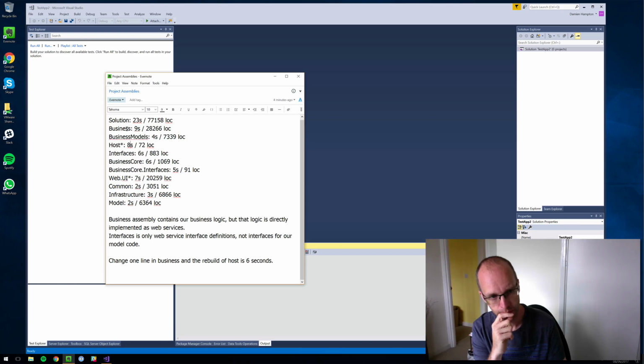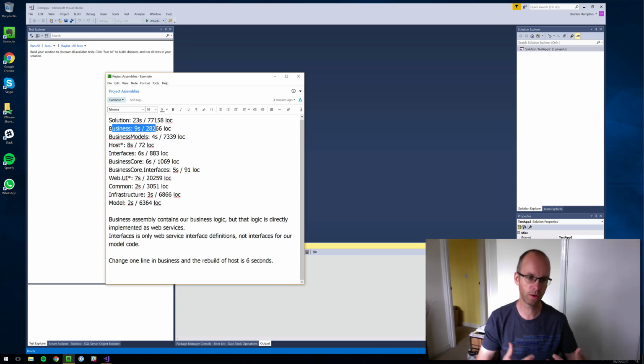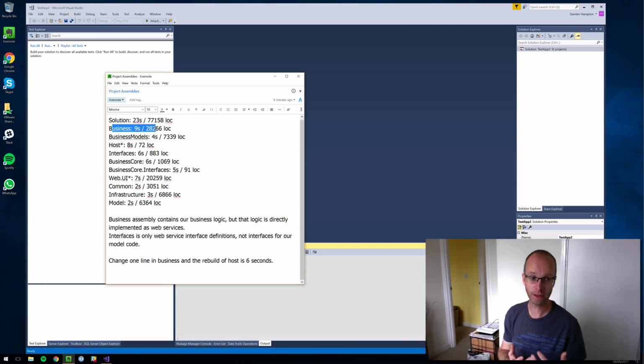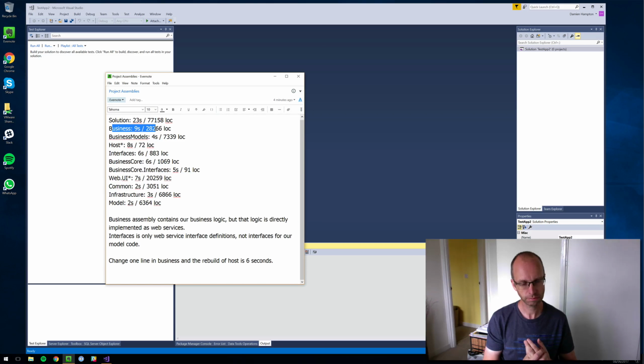The other thing to mention is that our business assembly is heavily hooked into the web service framework, the WCF framework code. That makes it quite difficult to bring that code under test anyway. But what I want to try and demonstrate is